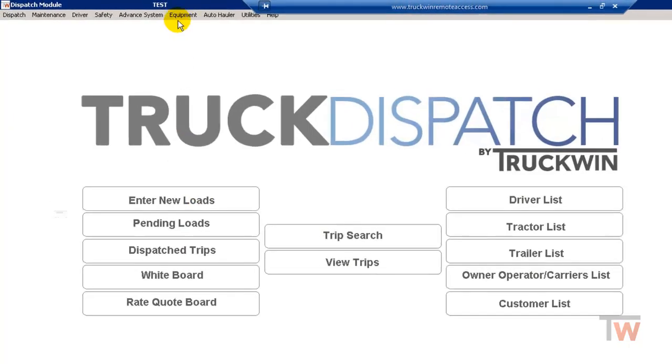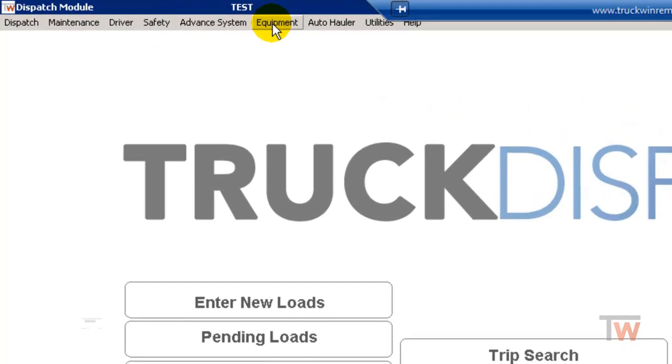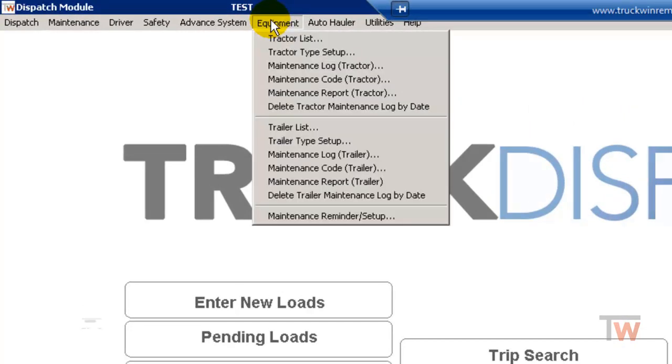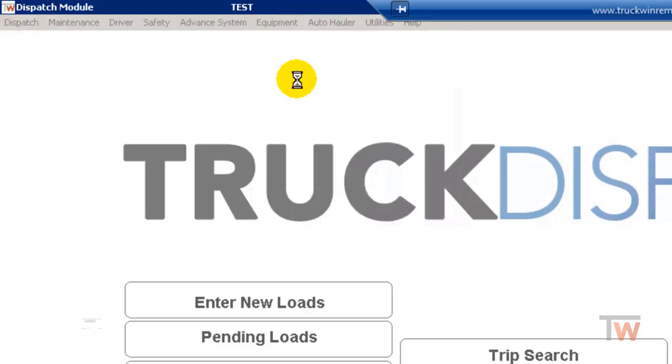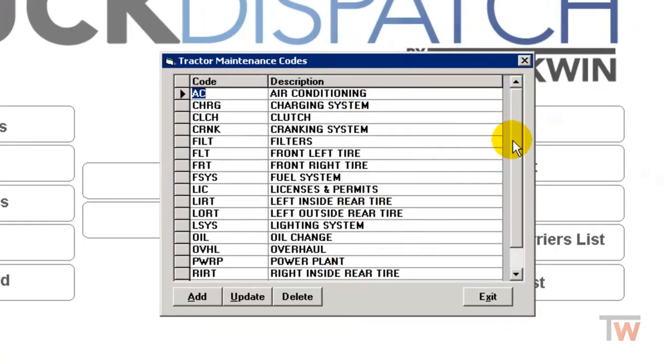We're going to go into Dispatch. And the maintenance is located on the top menus. So if you click on Equipment, there's a separate tractor and trailer list. So I'm only going to go through the tractor codes, and you can do the same for the trailer codes. So if I go down to Maintenance Code Tractor, it's going to pull up a list of default codes